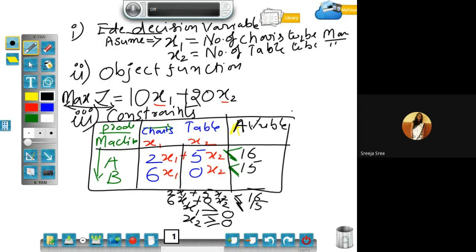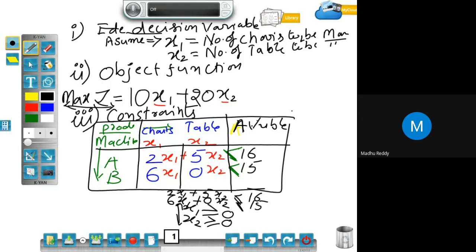Okay, so is it possible to give any value less than -1, -2 for x1 and x2? No, sir. It's not at all possible, so the minimum value we can give is 0 or a greater value. That constraint you must also specify for the function. That is the reason we specify the non-negative restriction. If the company is not manufacturing, we can give only 0. It's not possible to give less than that. This is called the non-negative restriction.